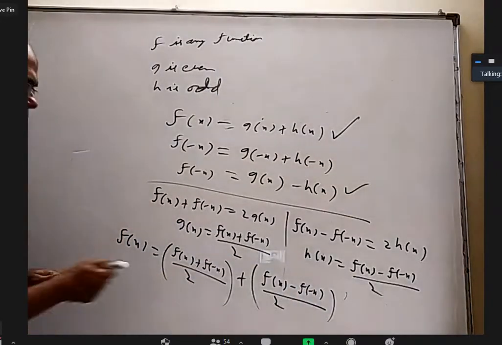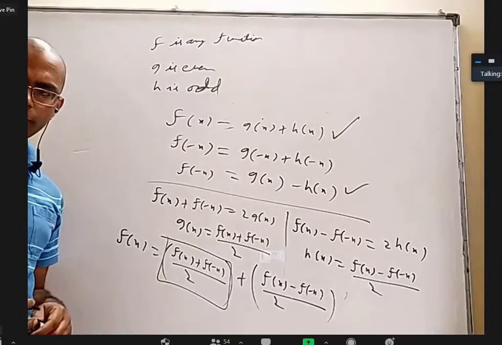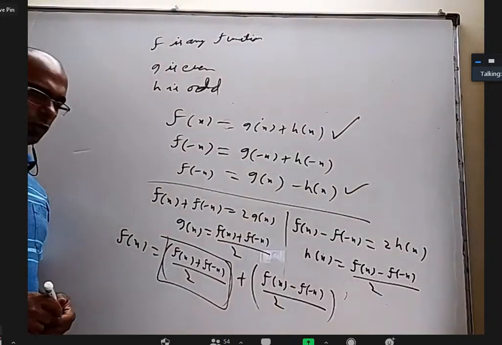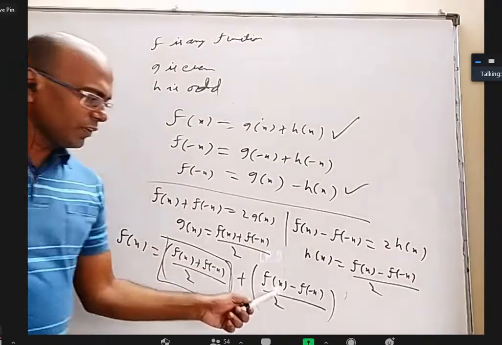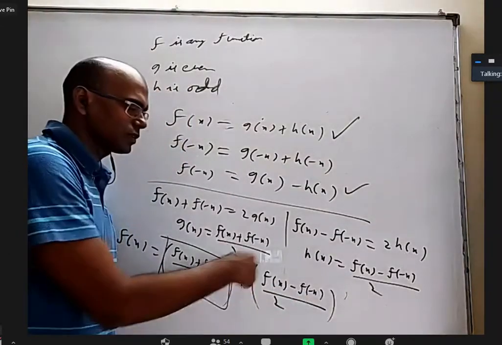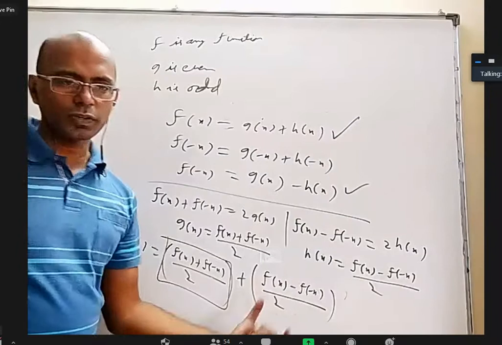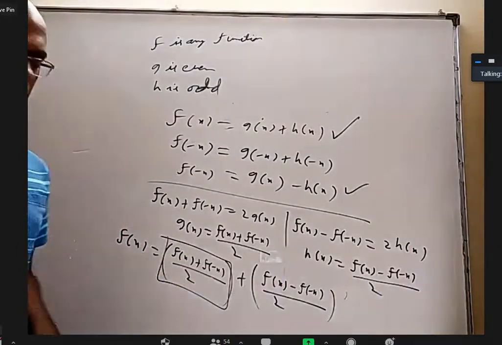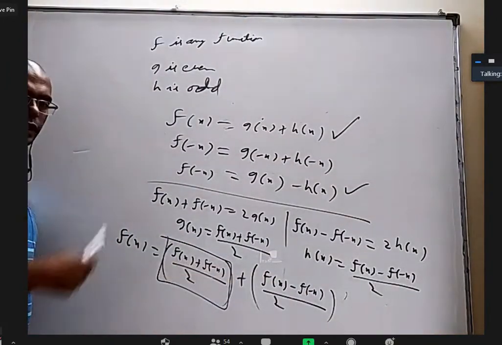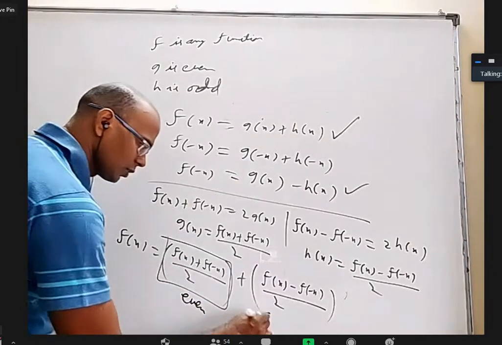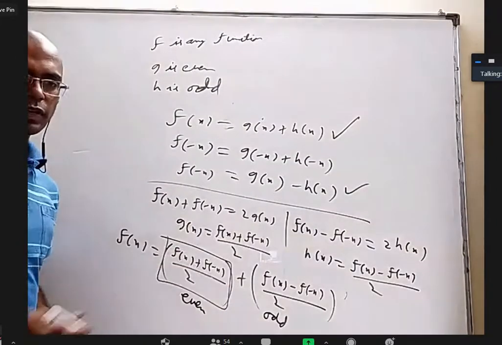But if you observe, this alone is an even function. If you replace x with minus x, is there any change in this? No, sir. This will become this one, this will become this one, the total no change. So this alone is an even function. Here if you replace x with minus x, this will become this, this will become this. After taking minus common, it will be this. So this alone is an odd function. So f of x may be whatever it is, but this is an even function, this is an odd function. And by writing like this, we can write any function. So this is like a formula which tells you how to write any function as a sum of an even function and an odd function.